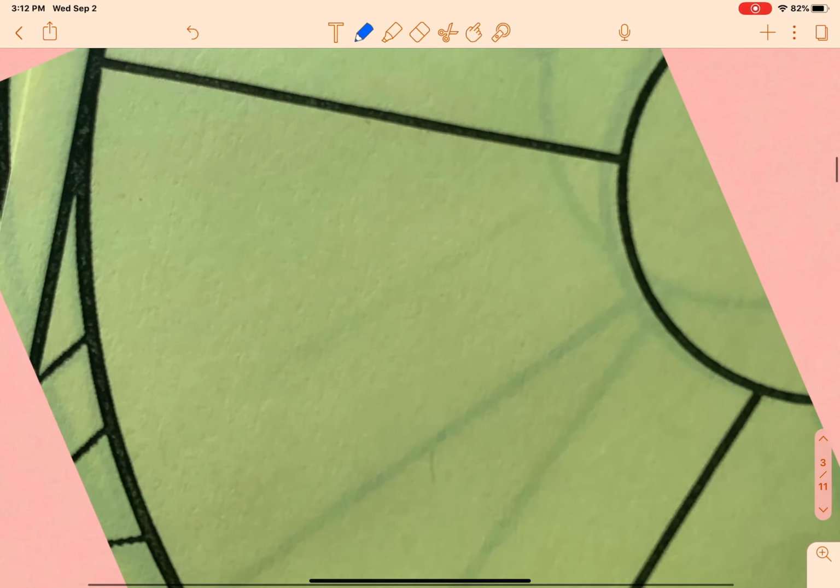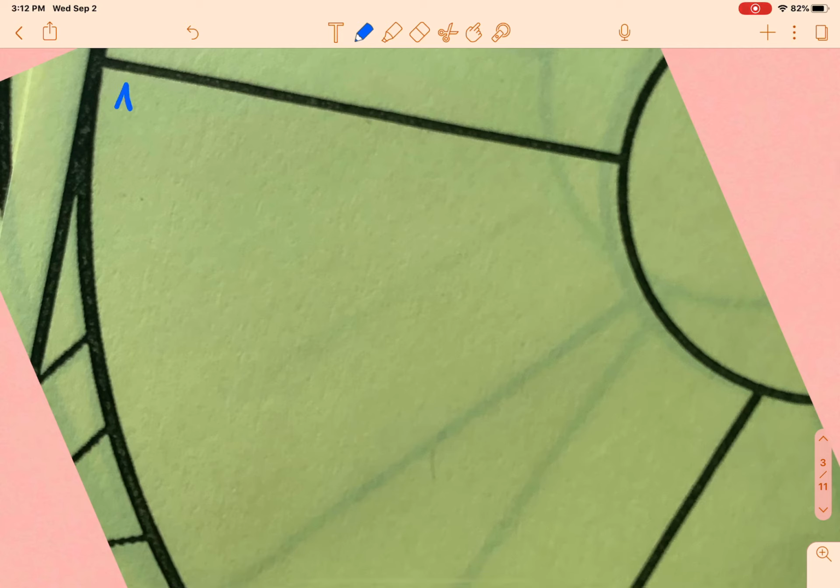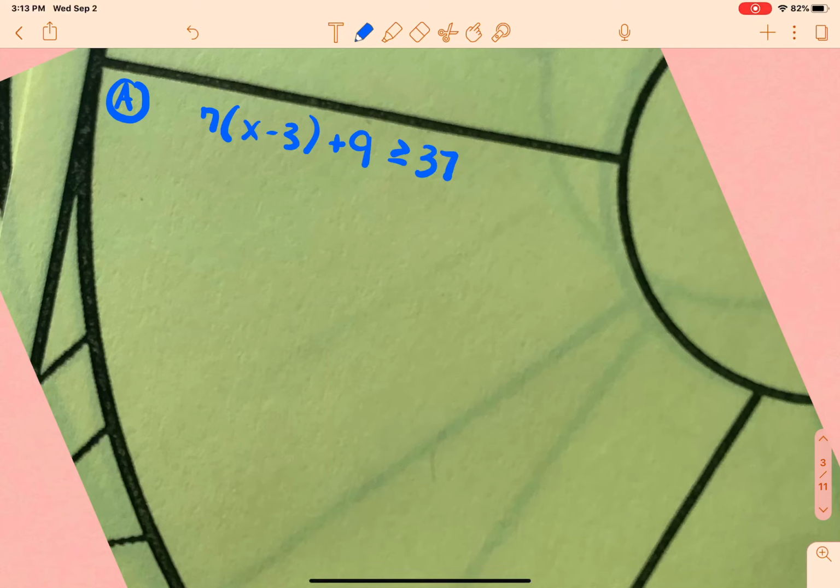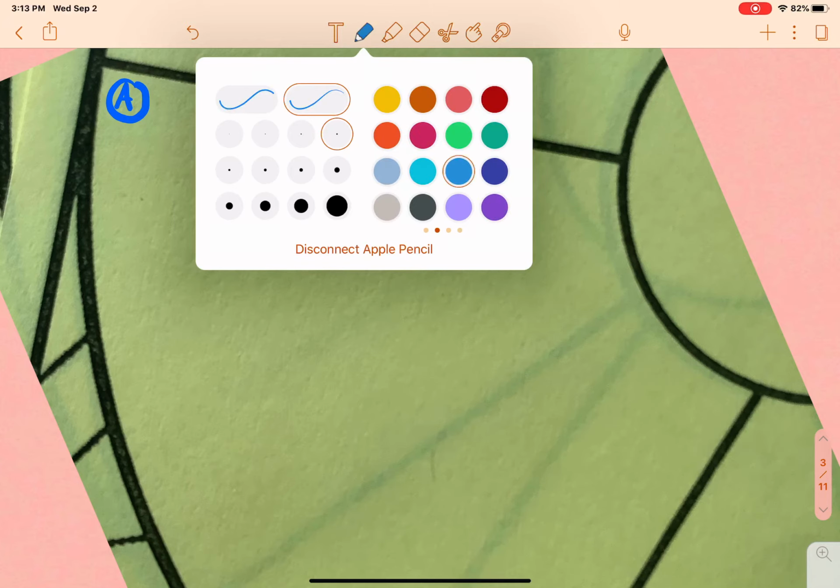Okay, so I'm going to zoom in just a little bit. I've gone to the next spot. I'm going to label this A. And I have 7, parentheses, x minus 3, plus 9 is greater than or equal to 37. So now we've got the whole kit and caboodle with this one. We have parentheses, which is going to be bringing back some distributive property ideas, and we are going to have to solve. So our first step in this one